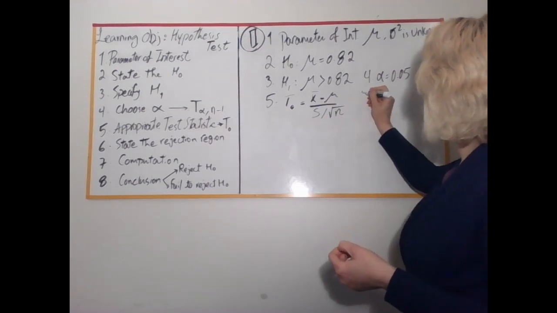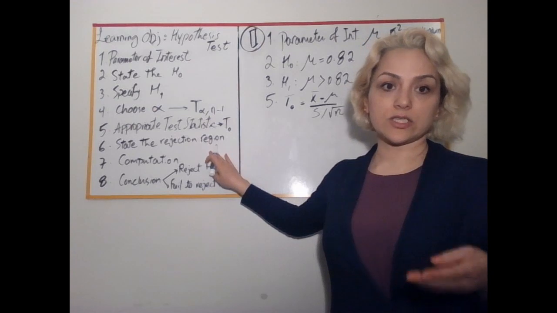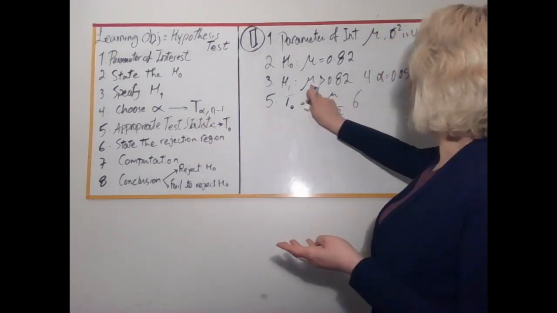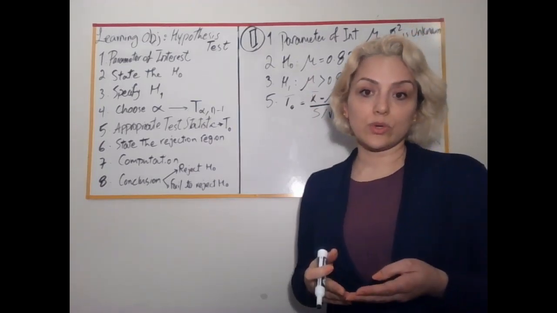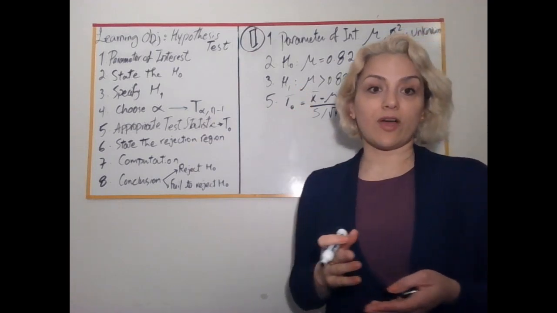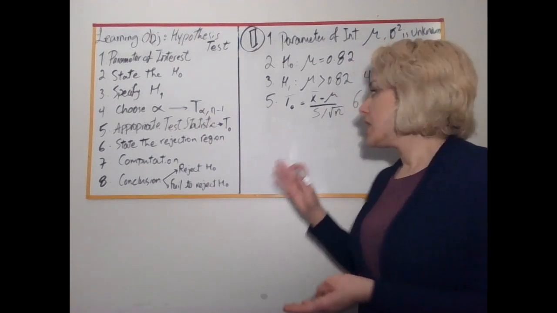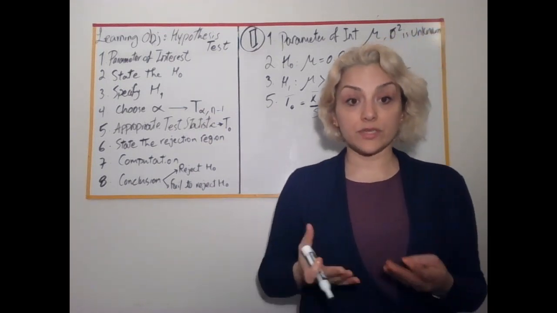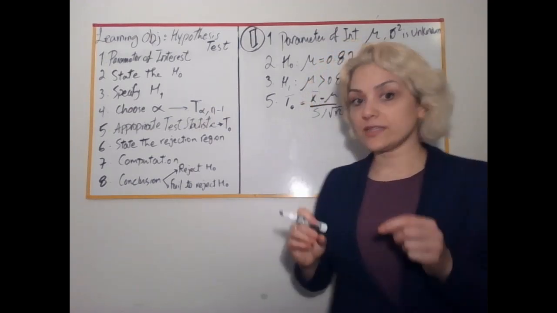So for the rejection criteria, state the rejection region. So we want to see what's the criteria that we have. The null hypothesis says that mu is equal to 0.82, and the alternative hypothesis is that mu is greater than this 0.82. So what are we going to do for the rejection region? We would say that we are going to reject the